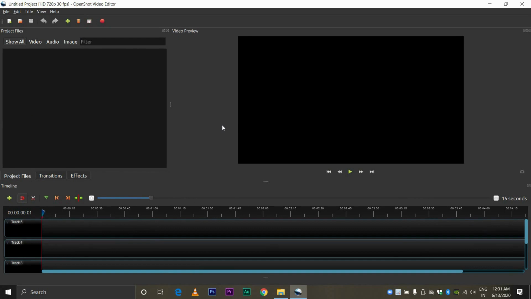This is the software. Now all these video editing softwares are pretty similar. You have a place where you can put your project files, that is those files on which you're going to work, and there is a timeline on which you can adjust your project files, that is your music, your audio, or the video, different videos. You can just adjust it out here, and then you have a screen on which you can see the final output that happens, which comes out of this timeline.